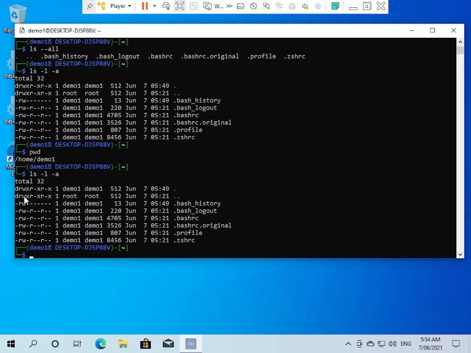And then we have RWX, and then we have R-X, and then RX. So D stands for directory, or if there's no D, it's a file, or you might have some other letter, which is a special character. RWX is read, write, and execute. And those are the permissions that you have. And they're grouped in threes: